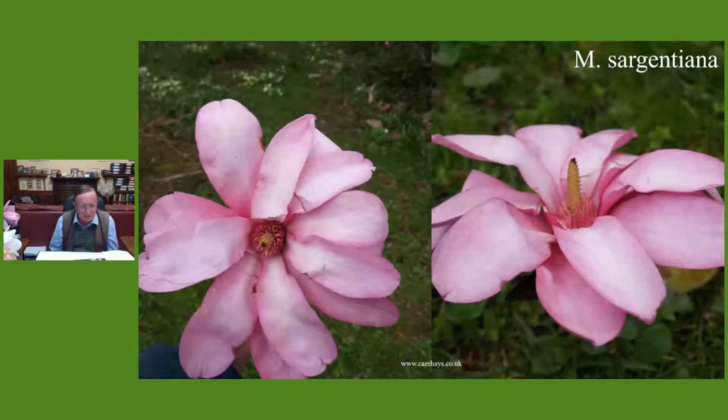And the reason the pictures look a bit torrid and dull is that our 1913 plant has only flowered once in my lifetime and never flowered at all in my father's lifetime. So the pictures we grabbed were from about 12 years ago. We've no idea why a perfectly healthy plant hasn't flowered at all. But when it did flower, the petals are very droopy, they're quite narrow, and they're totally unlike Sargentiana robusta. We've propagated the plant furiously, and we hope that other people will have more luck in getting it to flower